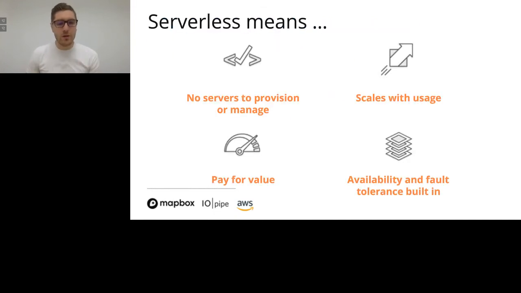So what does serverless actually mean for those who have never dabbled with it? I'll take a couple of steps back here. You don't have to SSH or connect to a server anymore. It's an API-driven service, really focused on providing you a feature or functionality that's going to be beneficial. For example, with Lambda, you don't have to deal with the underlying servers. You just provide your code and are able to invoke it yourself.